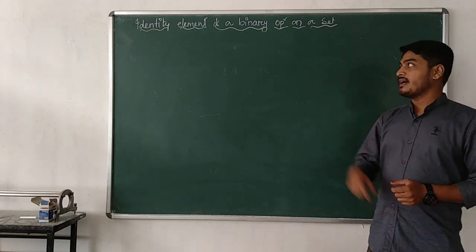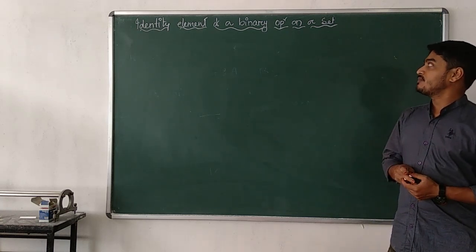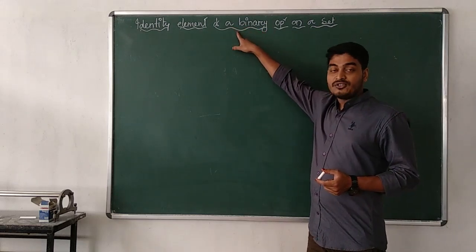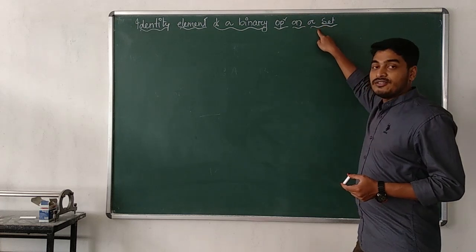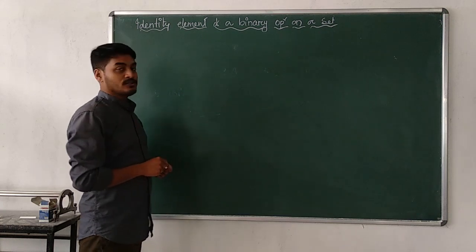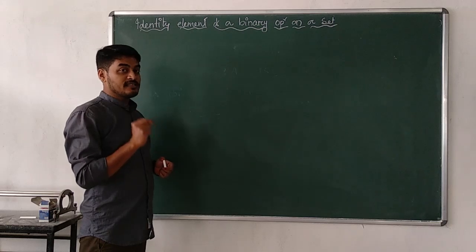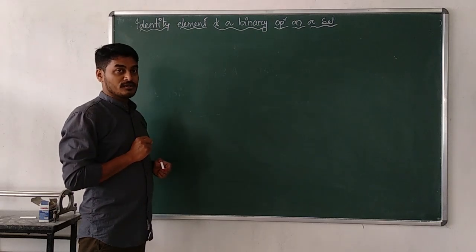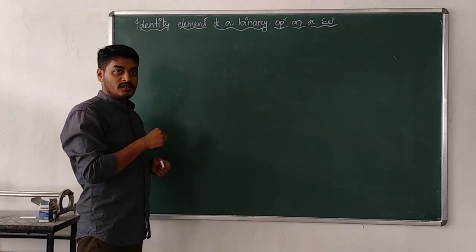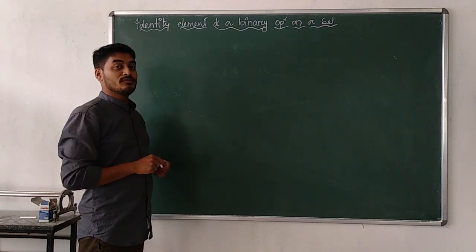Now here in this lecture, I am going to explain one after the other. First of all, identity element of a binary operation on a set. First of all, a binary operation should be given and it should be defined on a set. Remember, identity element means what? Depending upon the binary operation, identity element may be different. And if it exists, it is always unique. That means on a set, under a certain binary operation, we have a unique identity element. That is, only a single identity element will be there in that set.